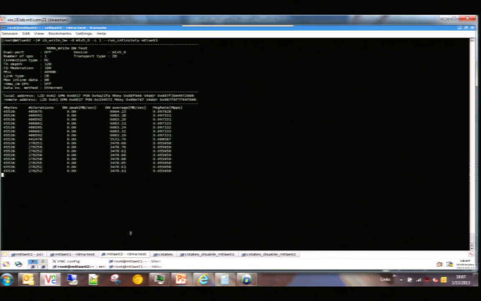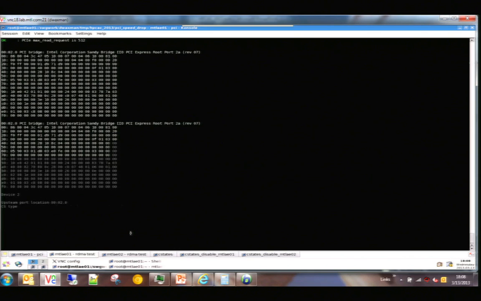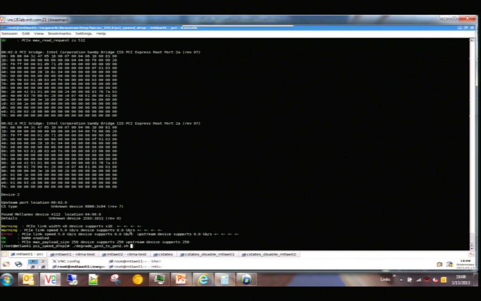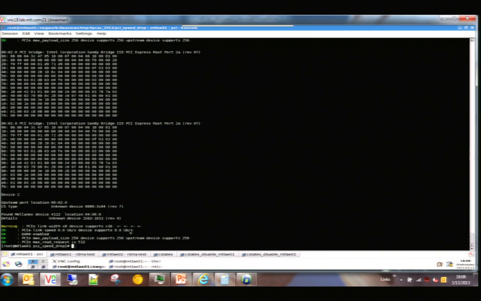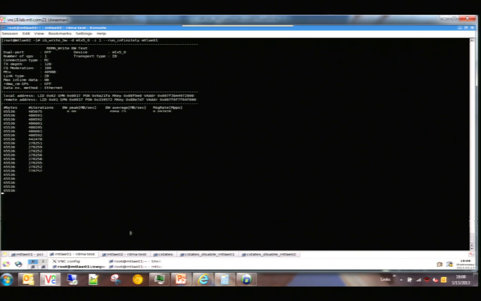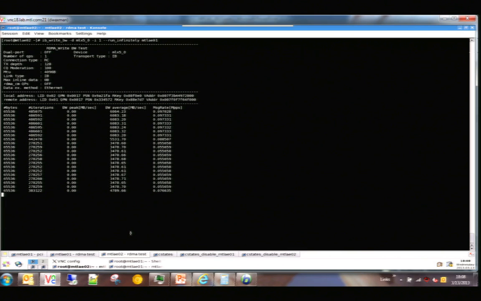You see that we have dropped to around 3,500 megabytes per second, which translates into around 27, 29 gigabits per second, which is the limitation of PCI Gen 2. Retraining the link back to PCI Gen 3, the performance comes back to what we've seen earlier, which is around 51 gigabits per second. So moving on,